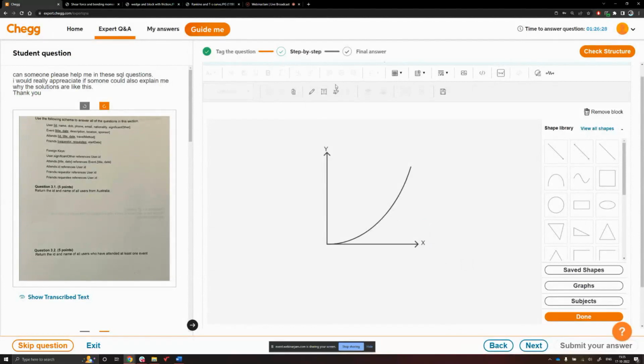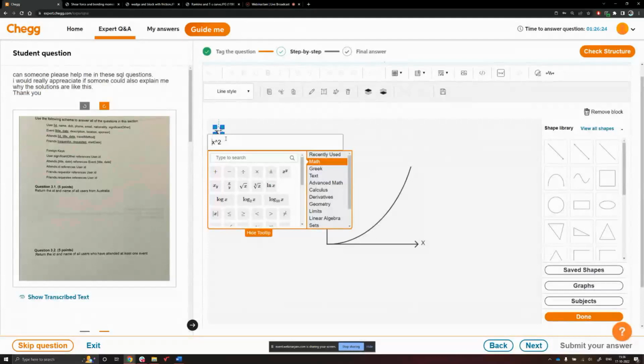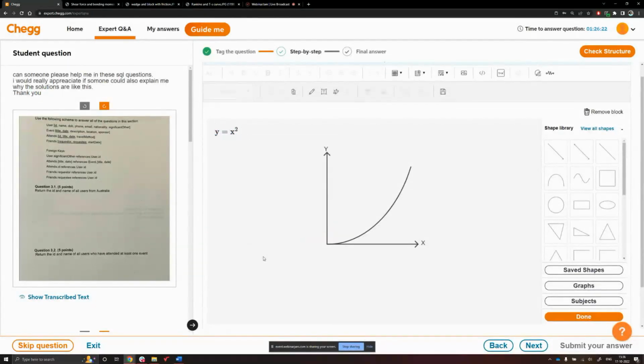To label the shape of the curve, you can click on insert math and then write y equal to x square. Something like this. So this is a simple curve. Whatever curves you draw, make sure to use the curve option or the sine curve option so that it resembles the diagram in a certain way. And make sure you group them before moving.